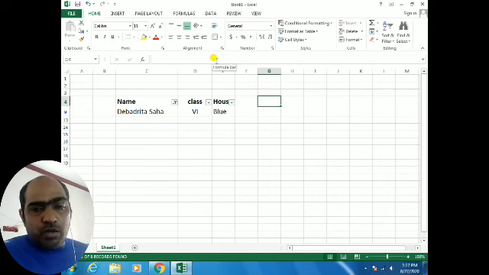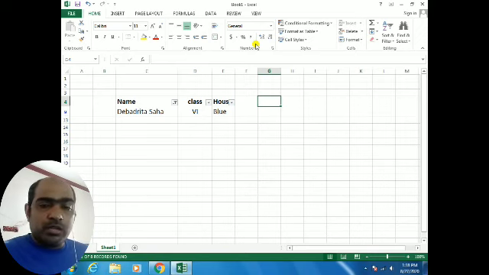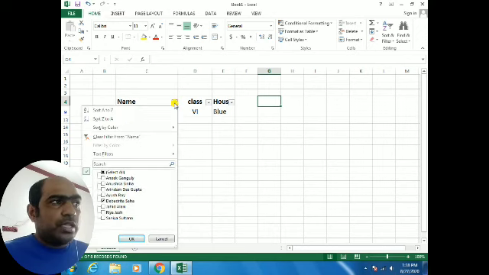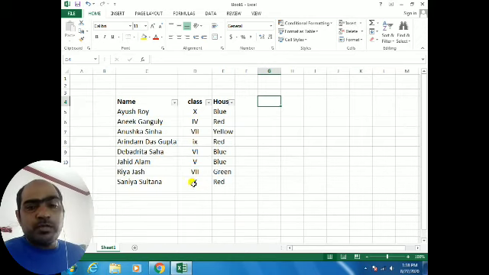If you want only 7B also, you go to the class and select 7B, and 7B will display. Those who belong to 7A will display, those who are 7B. If you want to see house wise, I have shown you house wise, it will display house wise also. Now if you want to see everyone, select all, you will do okay, then everyone will display.